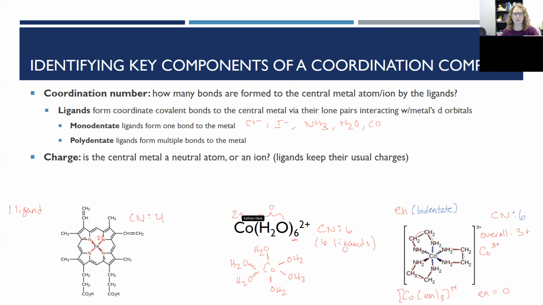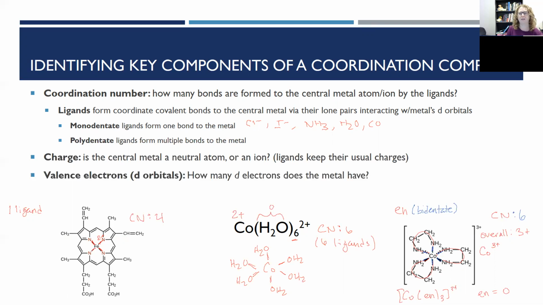So being able to assign the charge is important, because the third thing that we have to keep track of for figuring out properties of coordination complexes is valence electrons. We need to count them up. And so what I want to do is we'll ignore the iron one over here, but we'll look at these 2 cobalt complexes. And pause the video for a second, get out a periodic table, and just write down the